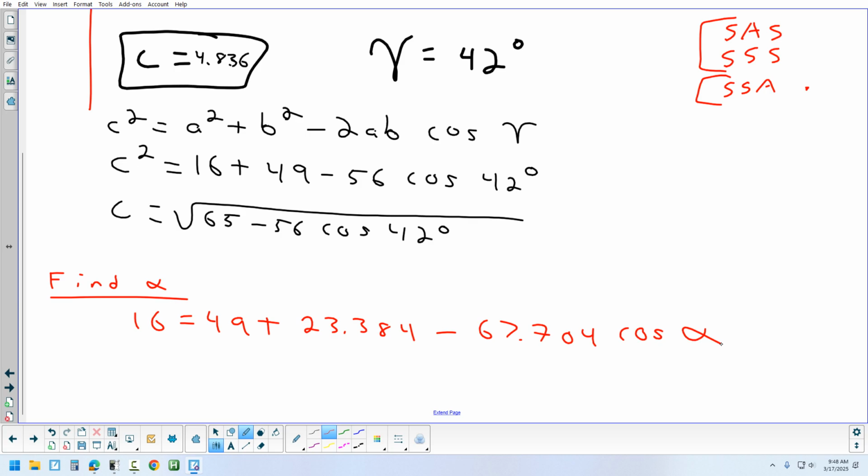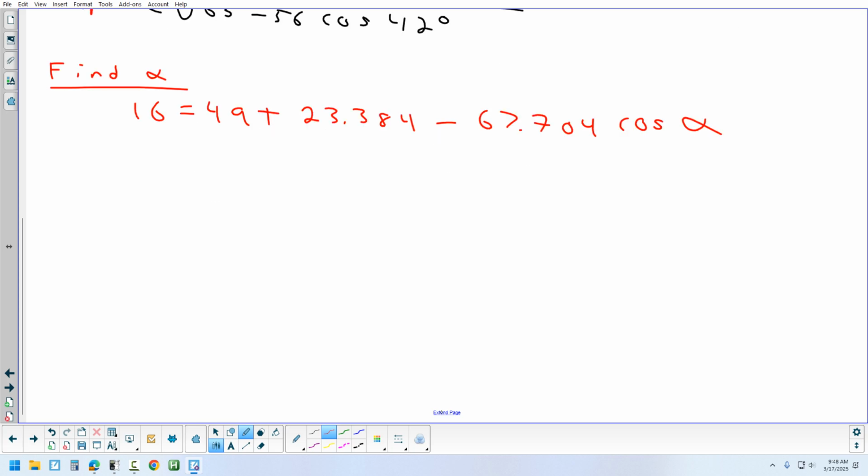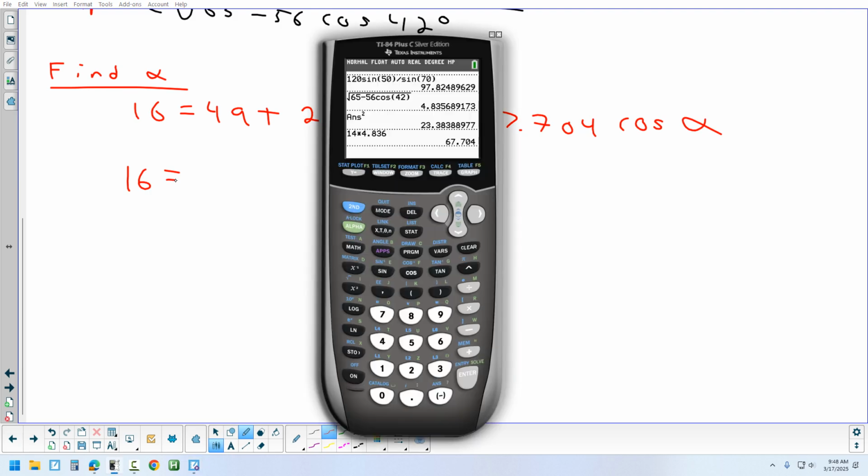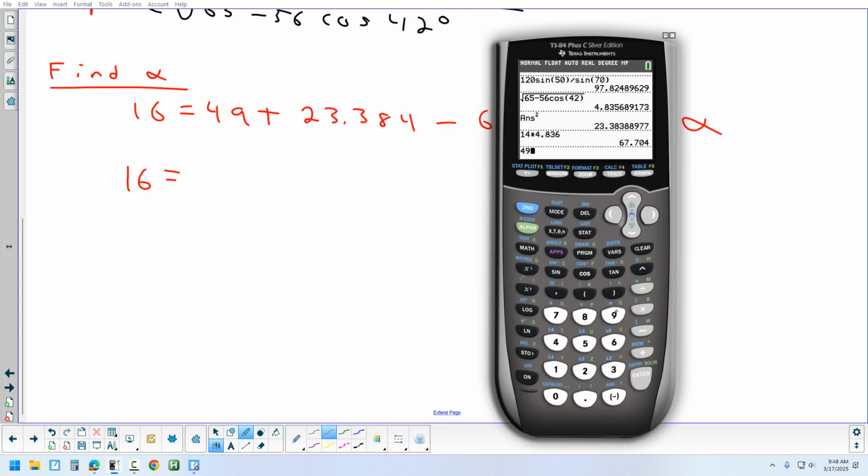So now, this one, very different than the last one. The variable was pretty much by itself the whole time, except for the exponent of 2. This time, the variable has everything with it. So we need to combine like terms and get everything on the other side. Okay. Any like terms that I can combine first on the right side? Yeah. 49. Yep, so we can combine the 49 and the 23, and we're going to get 72.384